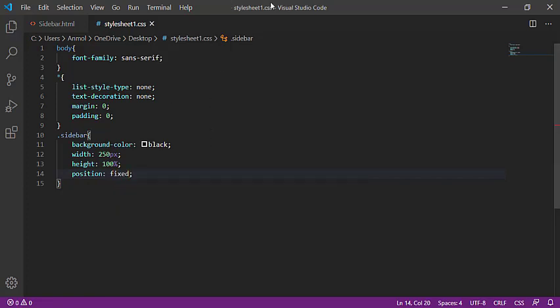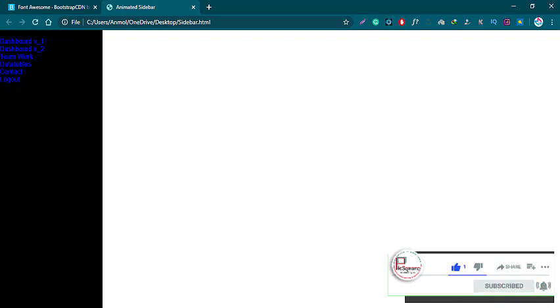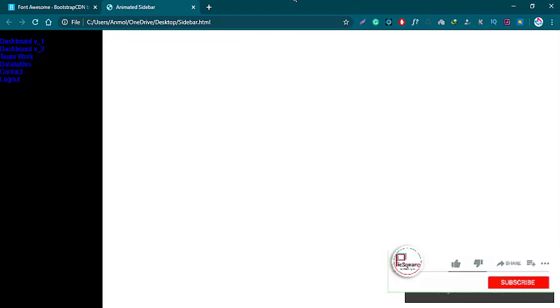That's it. So reload this, and here I am. My app design is not showing because its color is black.